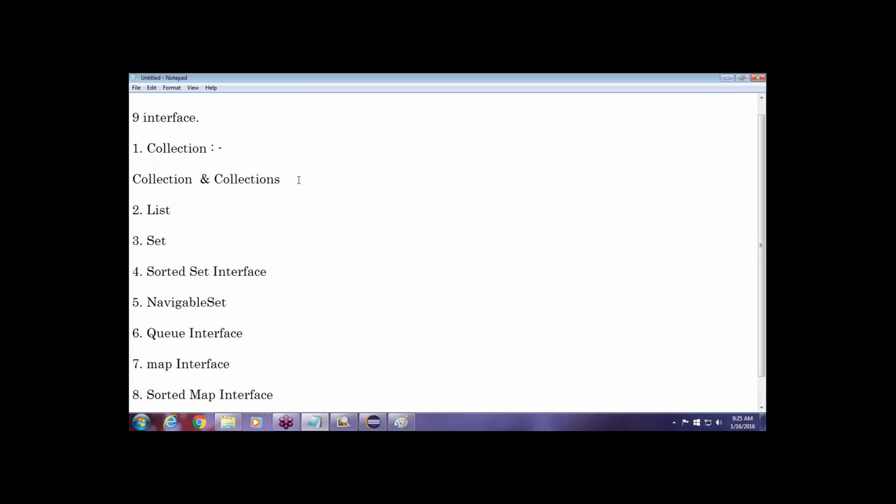The collection, as I said, is an interface where we can represent a group of individual objects as a single entity. But collections is a utility class, and we can find it in